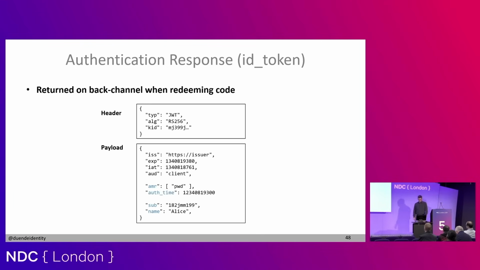ID token is a bad name because it sounds like a token, and then people assume that tokens are sent to APIs, but it's not meant to be. It's more of an authentication response. It just happens to use a JSON Web Token format, and this time it's standardized. In the OpenID Connect spec, it says it must be a JWT. It contains some information about authentication time, who the user is, and authentication method, which means that the client application can now